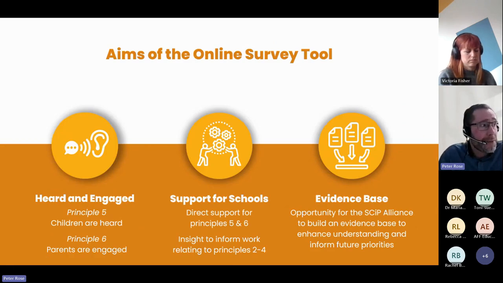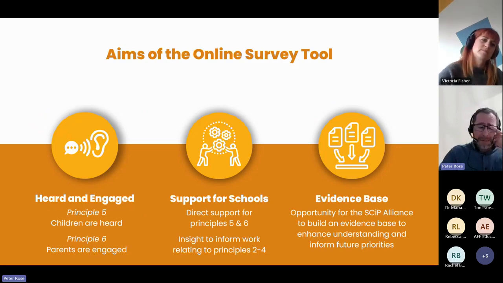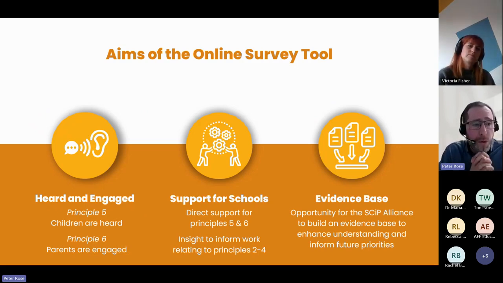One is about giving schools a tool by which principles 5 and 6 of the toolkit can be enacted. The tool itself is a tool for asking questions and listening to what people say.